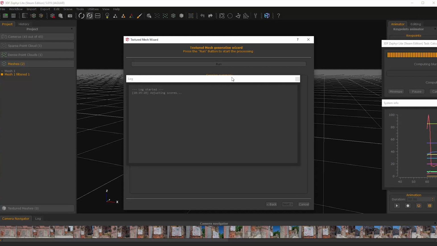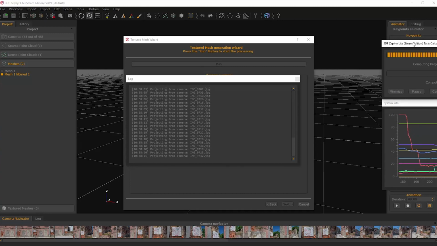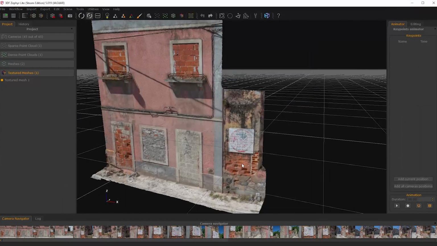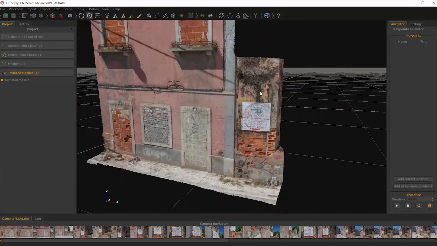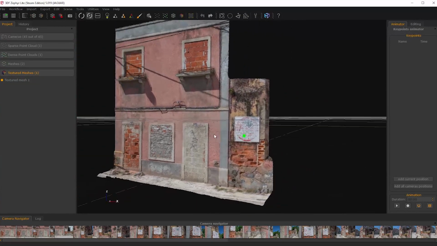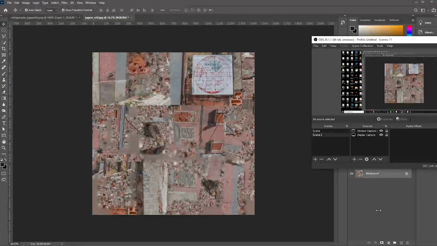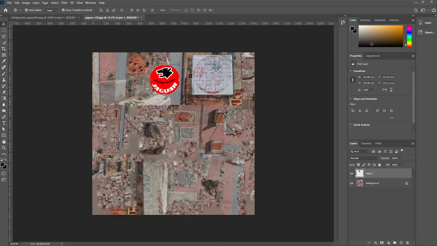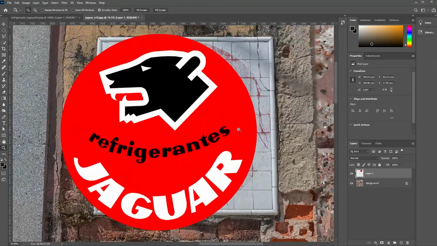However, this one was en route towards another destination of mine, and since I was passing there I stopped to take a few photos and see what I could get from it. As you can see, the building itself is almost collapsing, in bad shape, and so were the tiles, and I thought, well, it could be cool to try to give a little bit of life to this and revive the memory around advertising tiles. So I captured 40-something photos of it, reconstructed them in Zephyr and brought the final texture